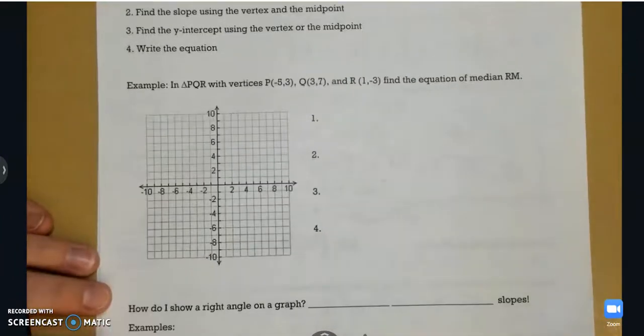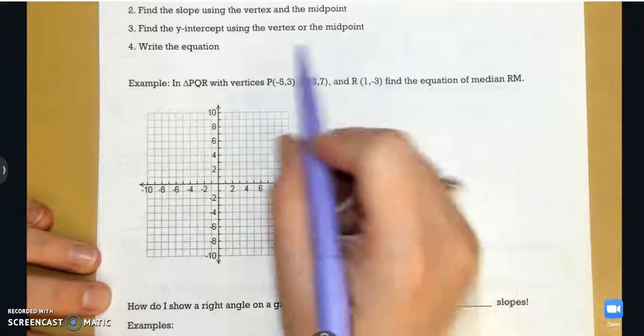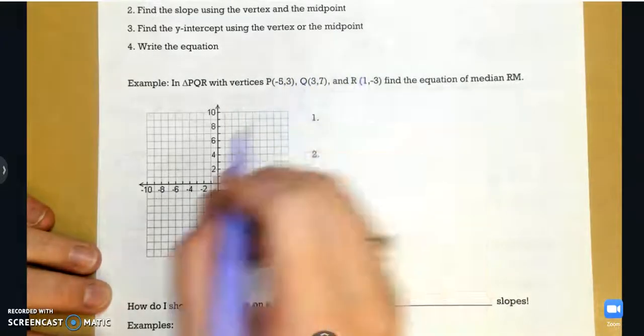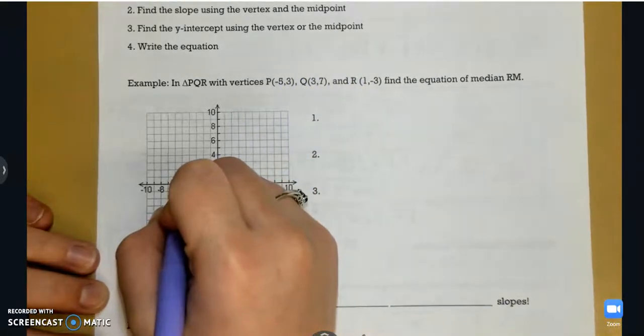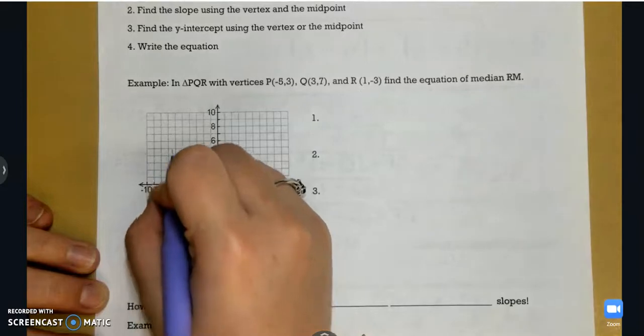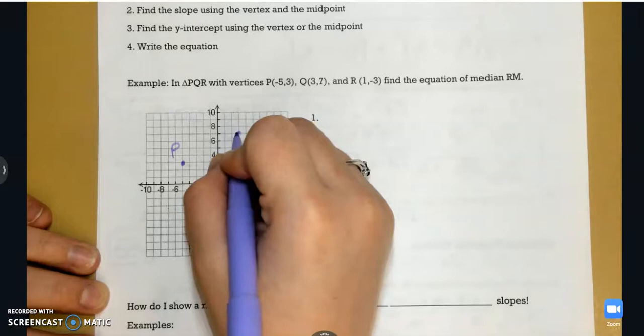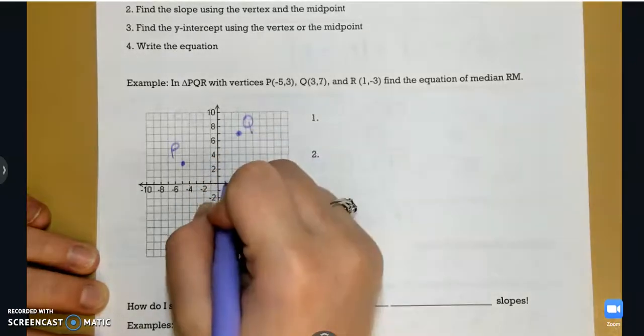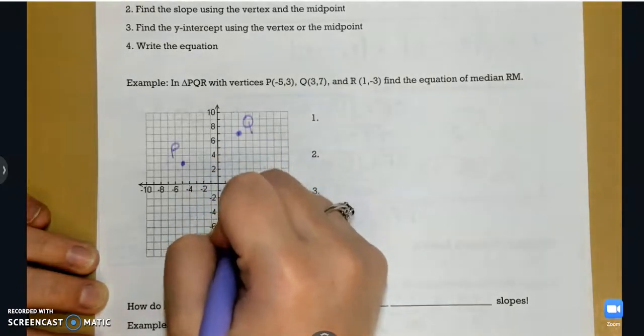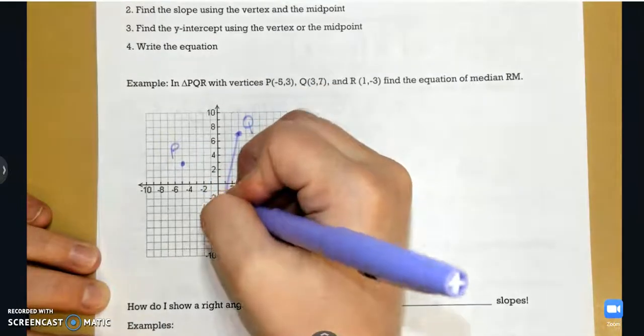So let's do this example together. First, we need to draw our triangle on our grid. So we're given the points. So P is at -5, 3. And Q is at 3, 7. And R is at 1, -3. So PQR, I'm going to connect the dots